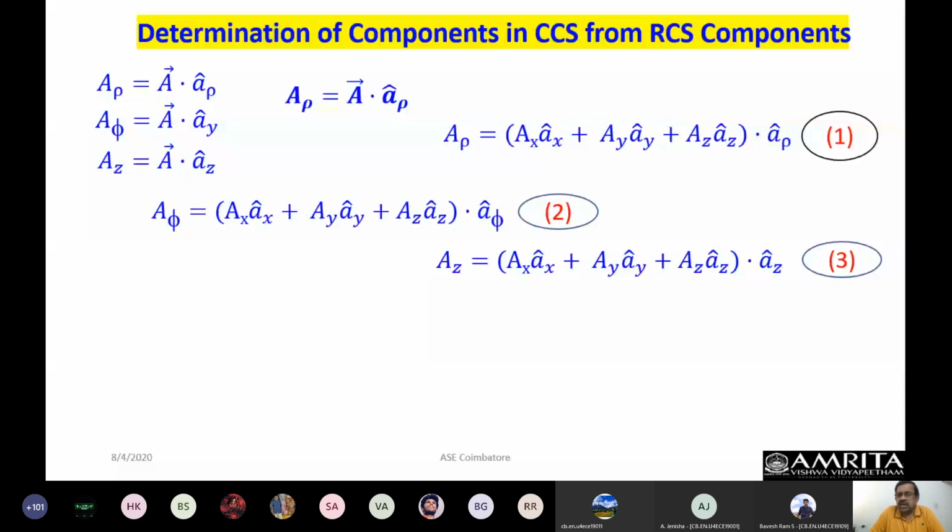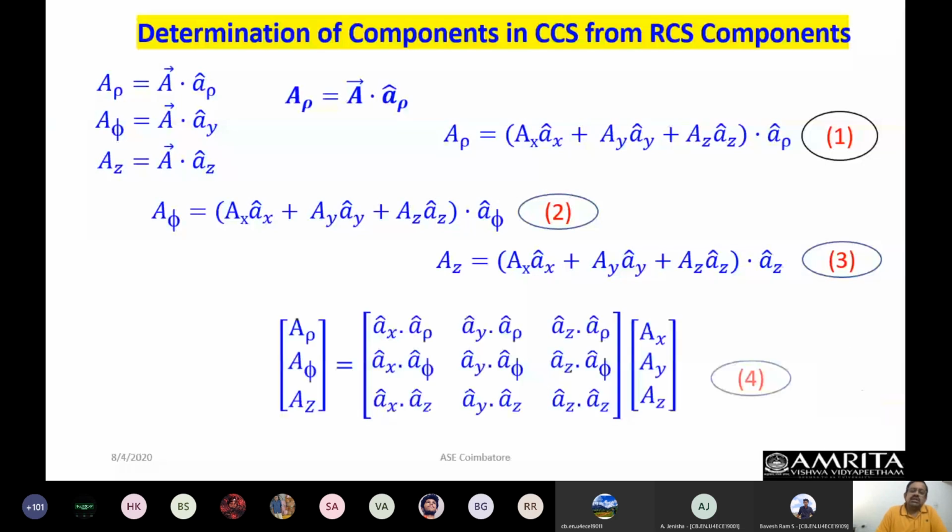And I know that this is given in Cartesian coordinate system with the components 2 along x direction, 3 along y direction, 4 along z direction. I want to transform this vector, or visualize this vector, in cylindrical coordinate system. How am I going to do that? The generic approach is what we are discussing in this class: by taking generic expressions of the vector and trying to arrive at a relationship. And this is how it is done.